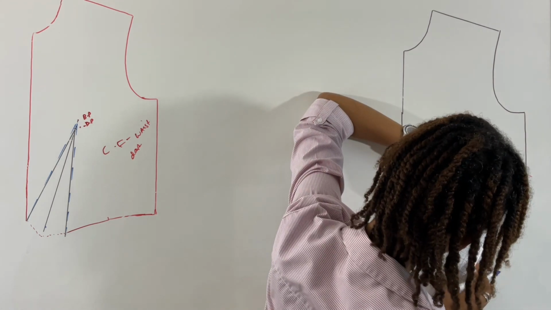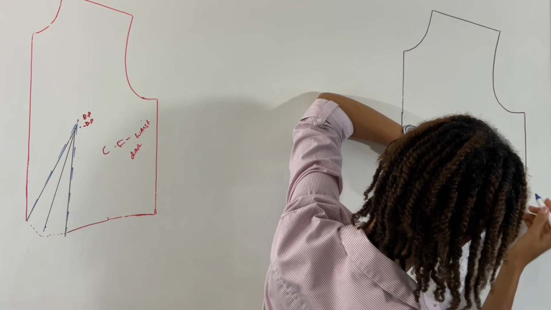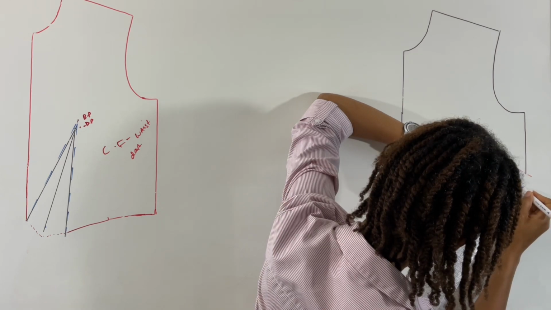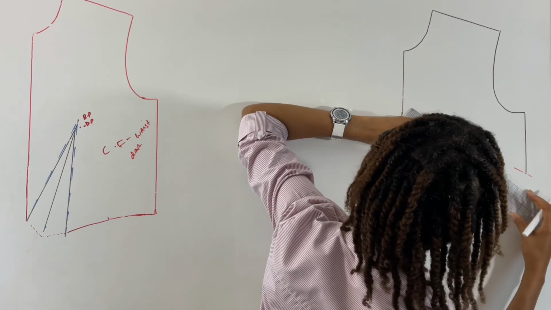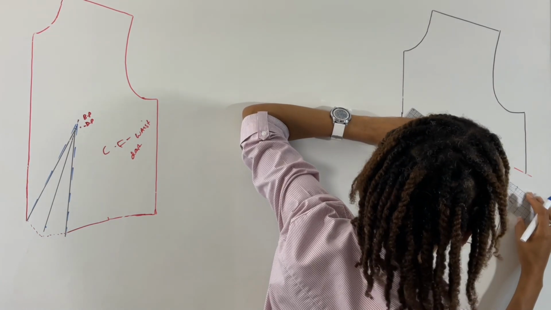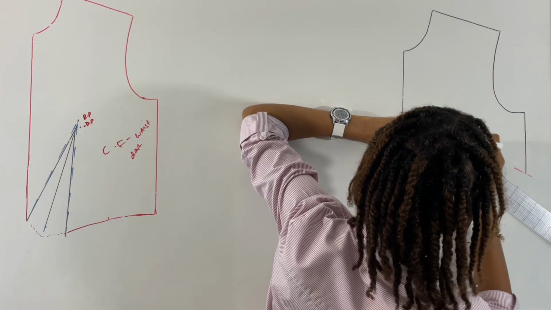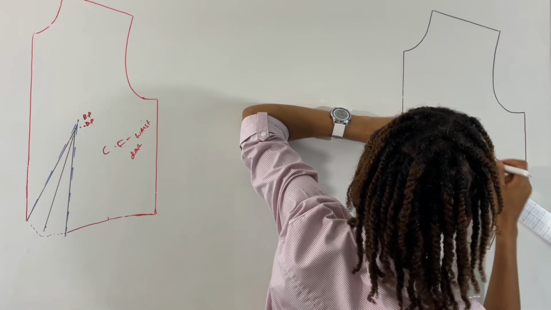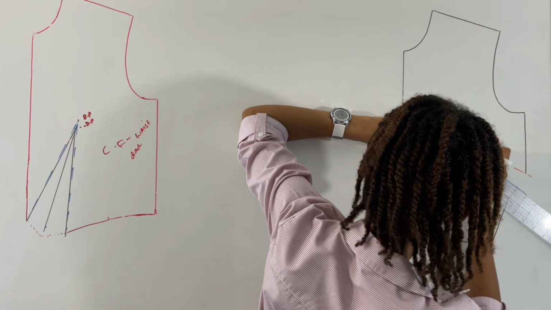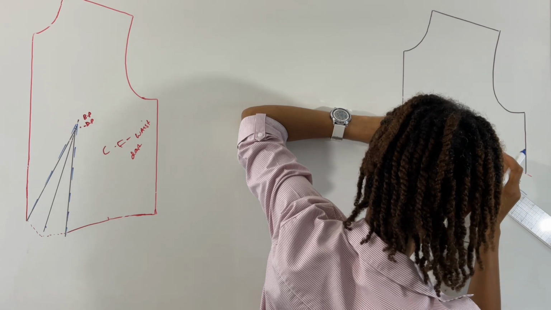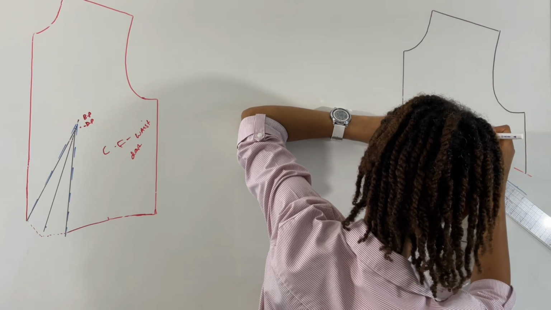So let's find 1 3/8, and I'm going to mark it off 1 3/8 right here. And you're going to take that to create your center from the bust point. All right, and you're going to come down 5/8 of an inch. So let's come down 5/8 of an inch, which is going to take you